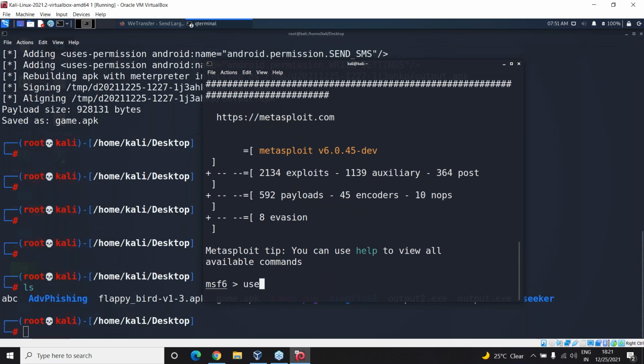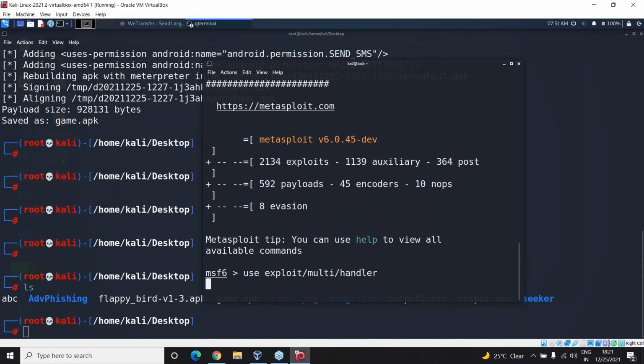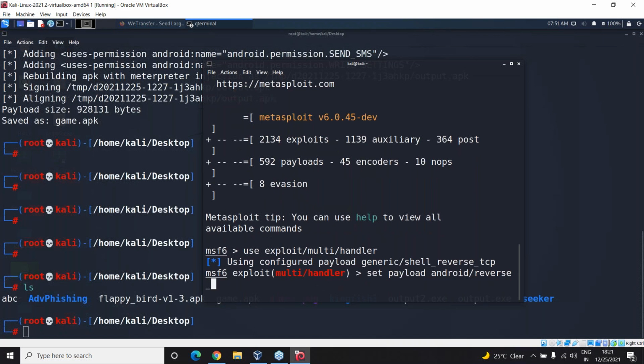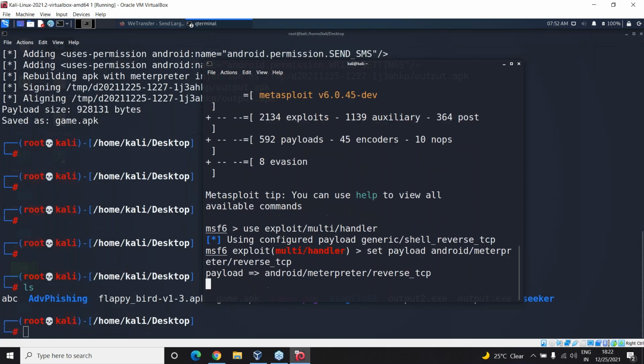So now it says use exploit multi handler. That's it, configured for a reverse TCP. Now I need to set a payload for Android, sorry, Android meterpreter. Again, we will take the meterpreter itself, slash reverse TCP, right? And then set LHOST